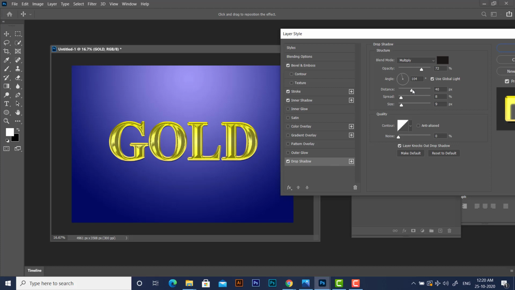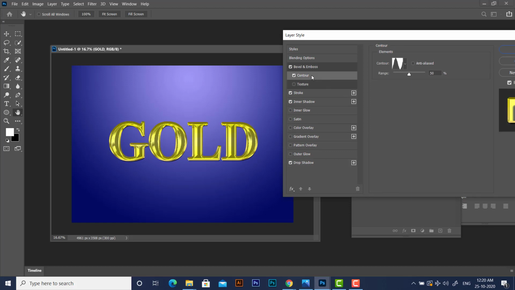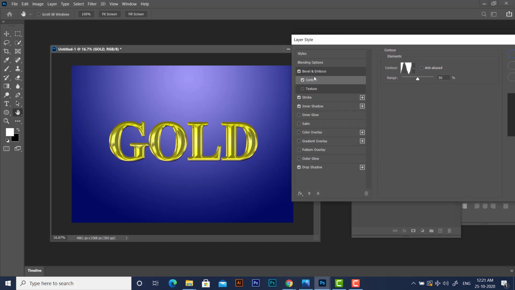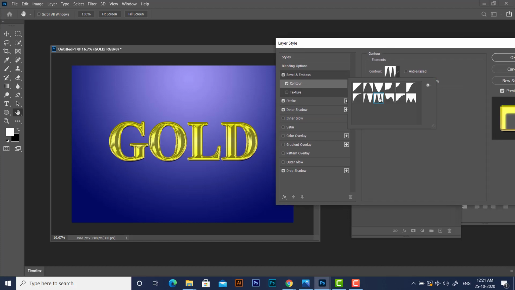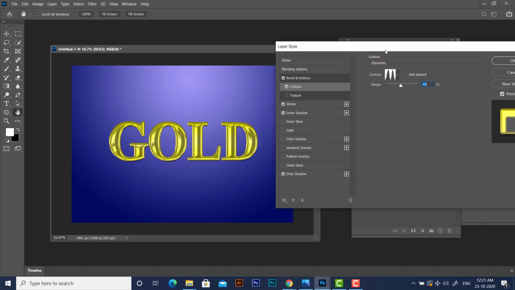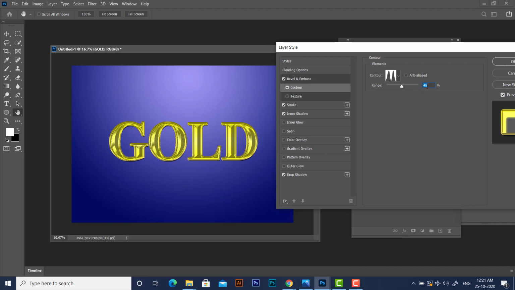Just see the drop shadow, and you can also select the contour for this. Remember, we are using these settings for the stroke. You can play with this. Try to change the setting for the contour. Select the range value to 48.